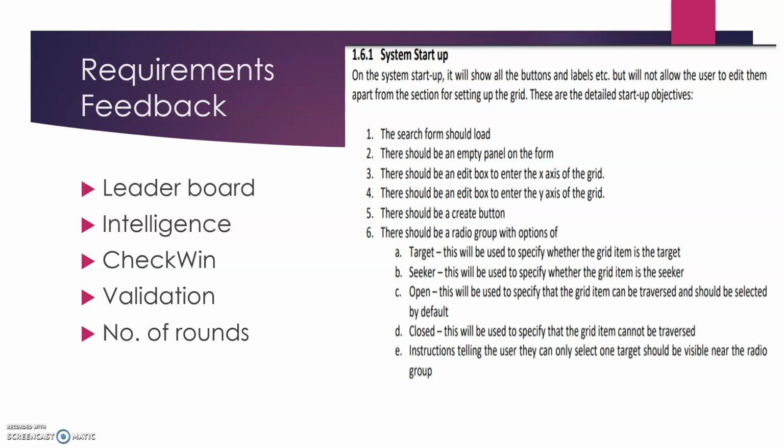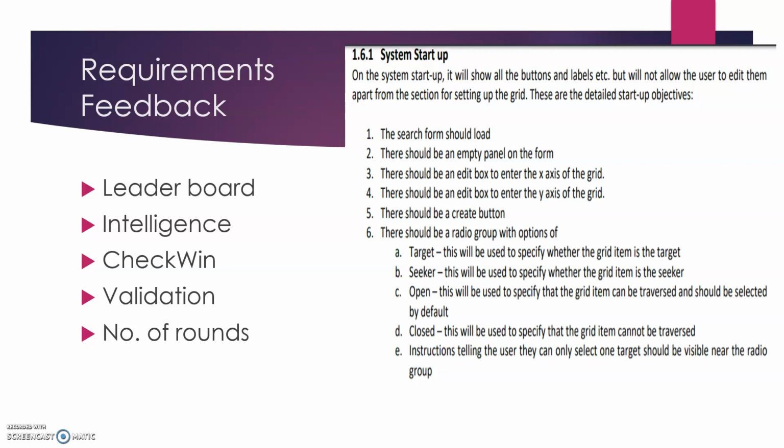And then a second level of intelligence whereby, if the computer has the opportunity to win, it will place the appropriate symbol in the right square. If it has the opportunity to stop its opponent from winning, it will place a symbol in the correct place as well. So be specific there in terms of defining what you mean by intelligence in your particular